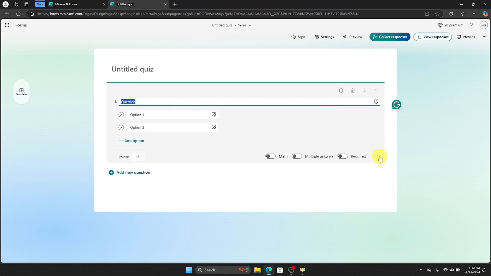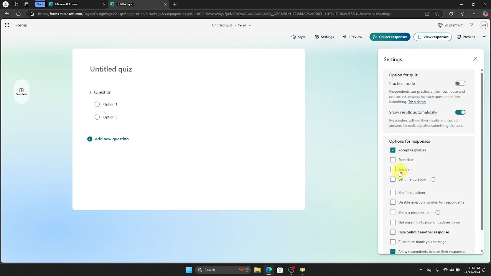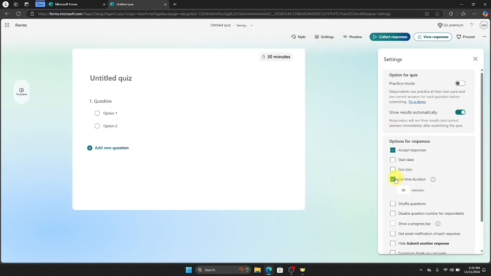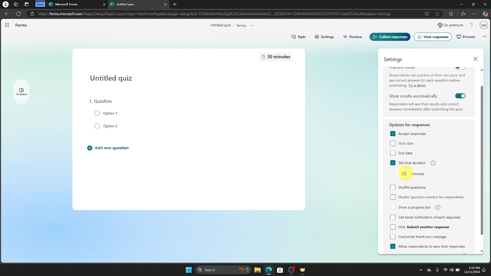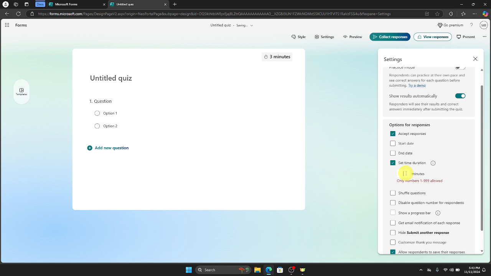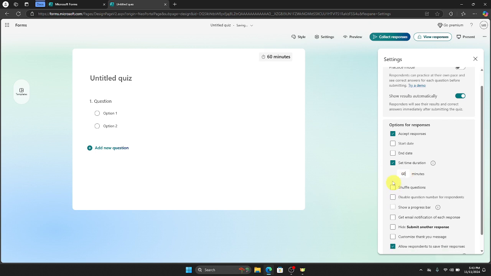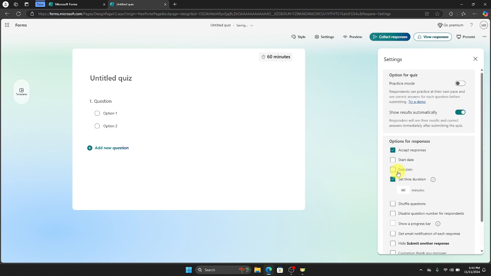And then after that, go to settings, which is right here. Click settings, and then click this set time duration, which is right here. So you can set whether you want this quiz to be answered within 1 hour or within 30 minutes, it's up to you. And once you're now done with this, all you have to do is to click this one,